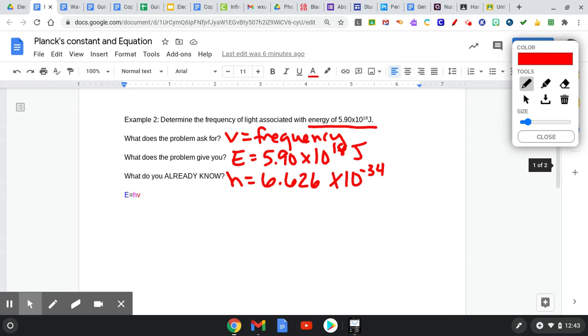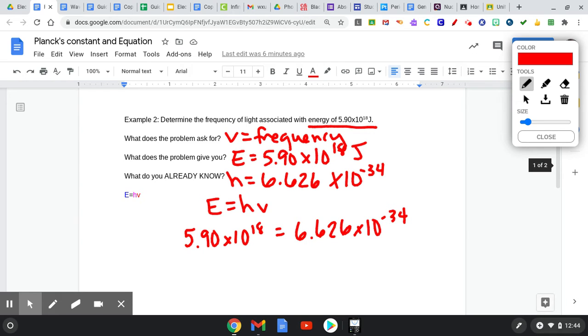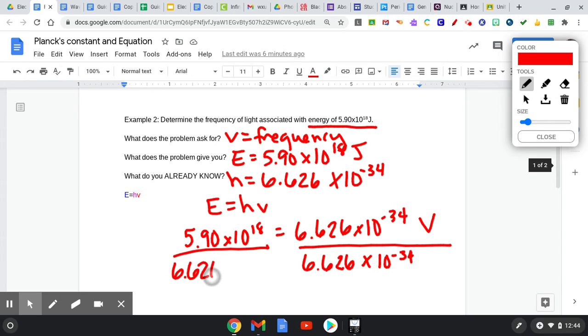Okay, so now this time, if I put all of this in this equation, I'm going to put my E on this side, because that's where E is, times 10 to the 18th. I'm going to put my H on this side. And then I want to find V. Well, in order to get V by itself, I'm going to divide both sides by Planck's constant. Okay, when I do that on this side, they cancel,